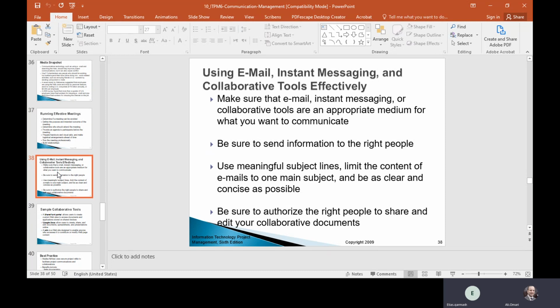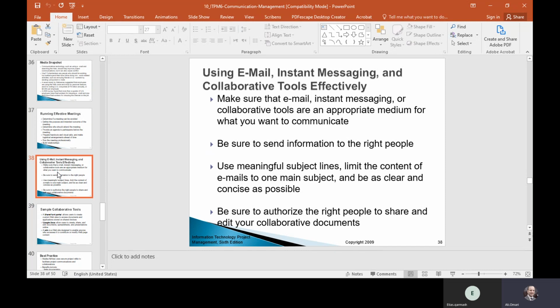Okay, so going back to communications, so using the email. When you use an email, make sure that it is well formatted. Be sure to send it to the right people. Use meaningful subject and content.